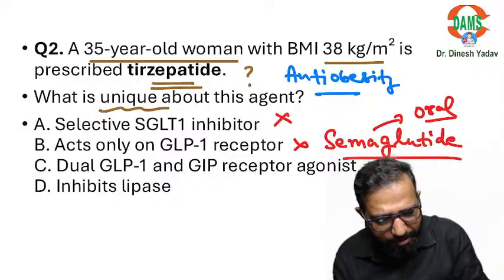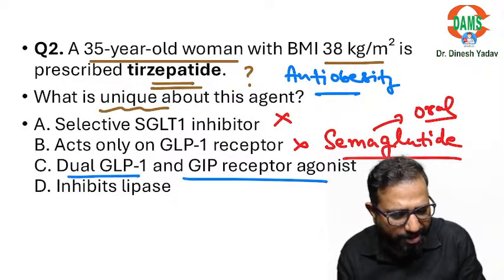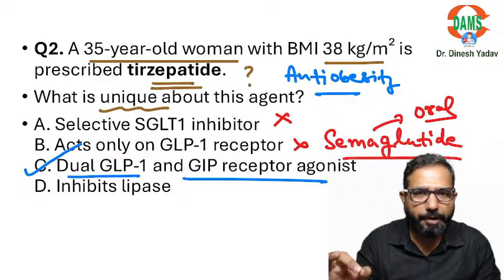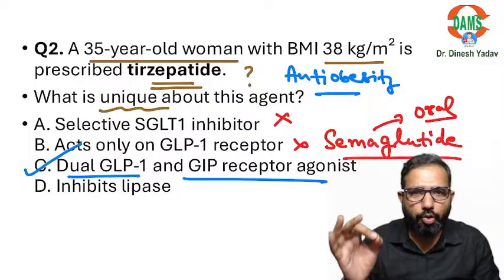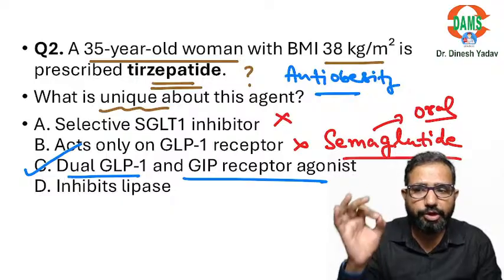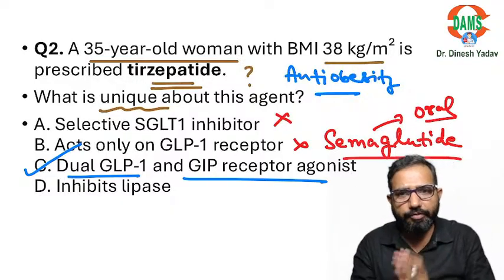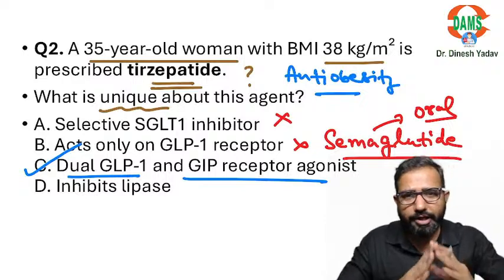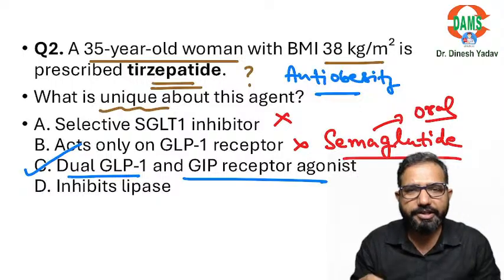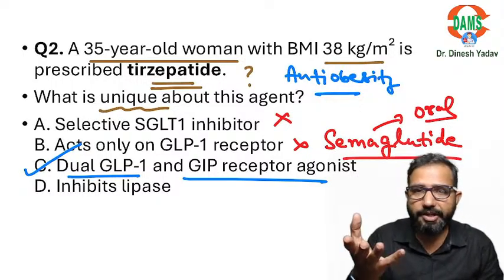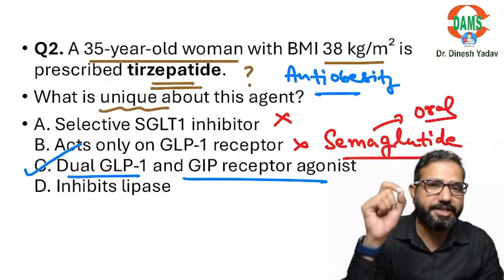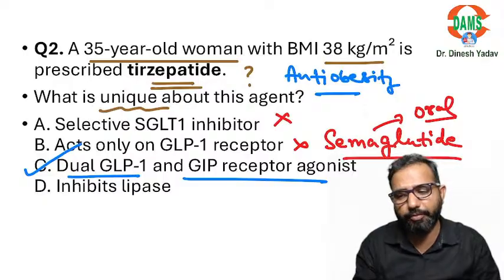Then you can see this drug is dual GLP1 and GIP. Yes, that is the correct answer. GLP1 is glucagon like peptide, and GIP is glucose dependent insulinotropic peptide. So it is GLP1 as well as GIP, a wonderful mechanism. By using these two mechanisms, it is a wonderful drug for obesity, tirzepatide, and the risk of hypoglycemia is less. Why is the risk of hypoglycemia less? Because this is a glucose dependent mechanism. So because of this, you will see the hypoglycemia risk is less.